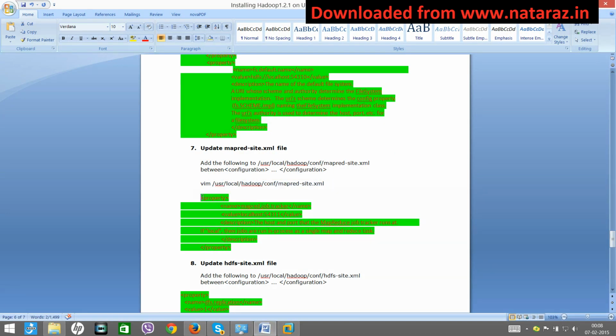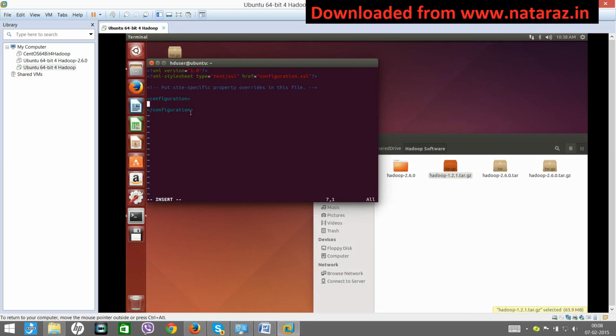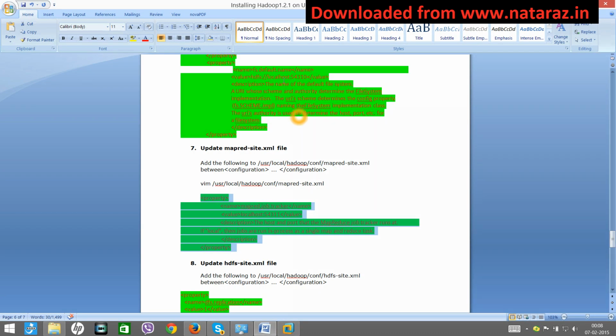code, property to property, paste. Okay, now here we are configuring the job tracker, and here we are configuring where your HDFS will run.